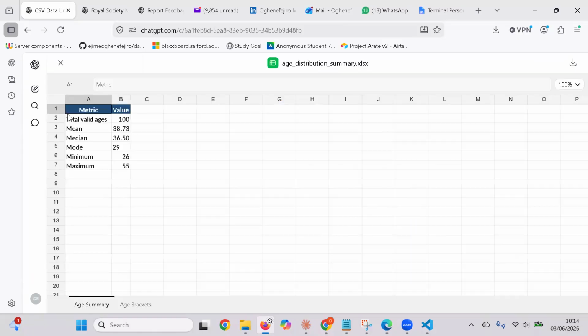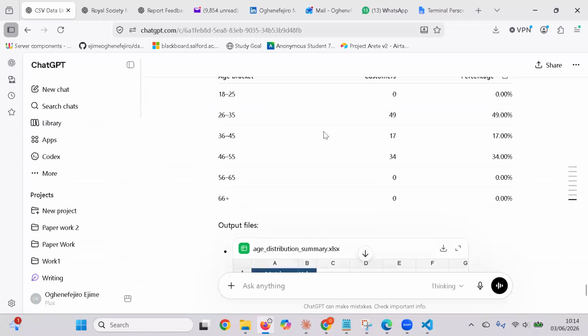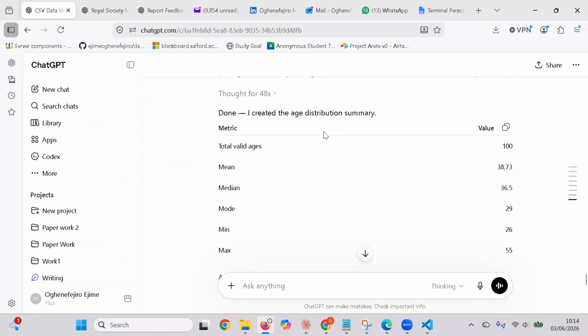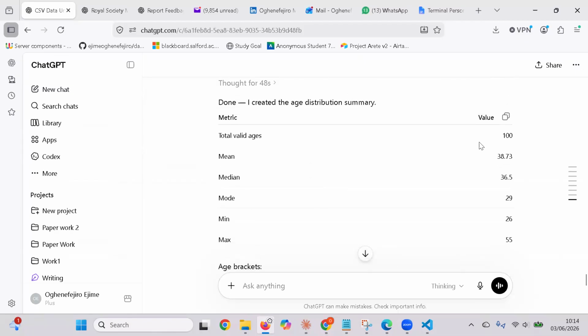Let me see. Yes, it created this for us. Look at this. It created this metric for us. What is it? The mean. It created the mean for us, meaning the average age. The average age is what? 30. Let's go back. I think this should be, yeah, let's use this. So look at it. The average age is what? The average age is